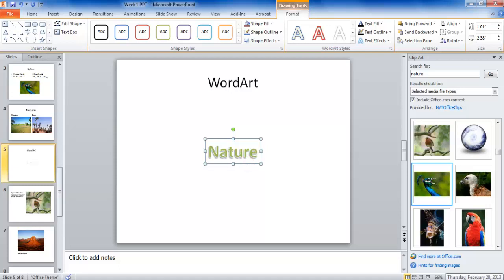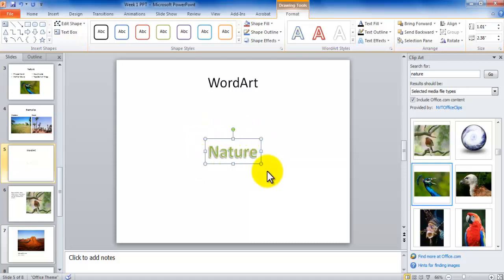Now, what's the benefit of clicking on the box versus keeping the text in the edit mode? If I would like to change any of the text properties, I should either select the text or I should select the box. Otherwise, if your cursor is blinking in the box, all it lets you change is the shape properties but not the text properties. If you want to be able to change both, always make it a habit to have the